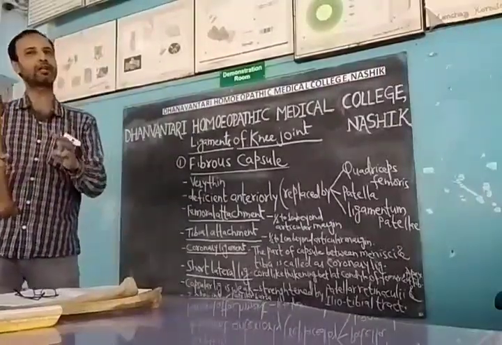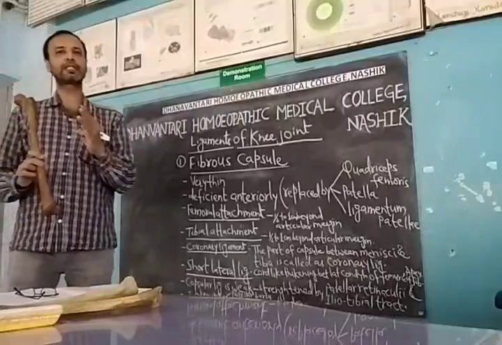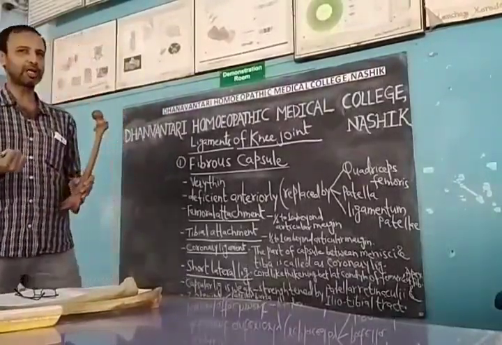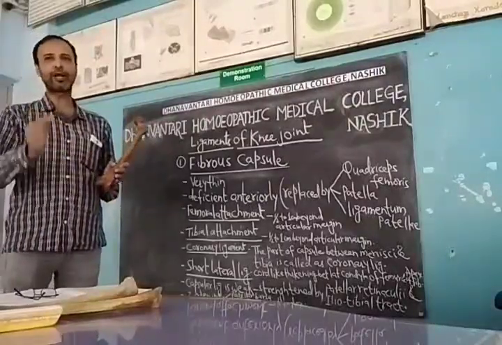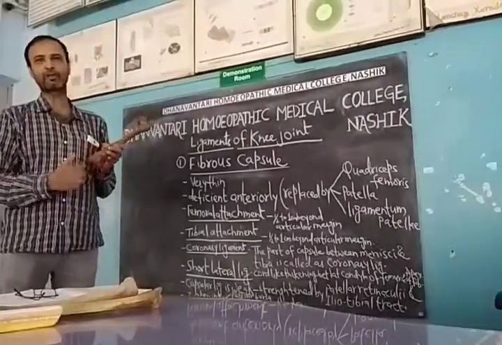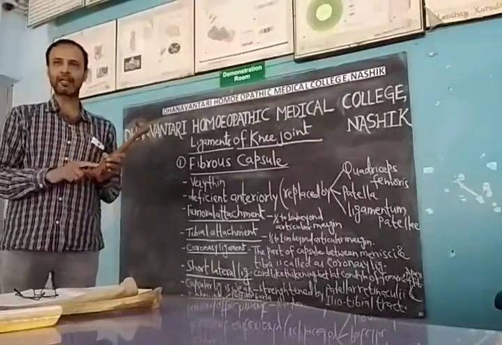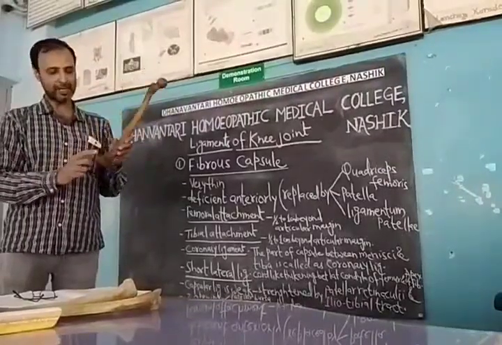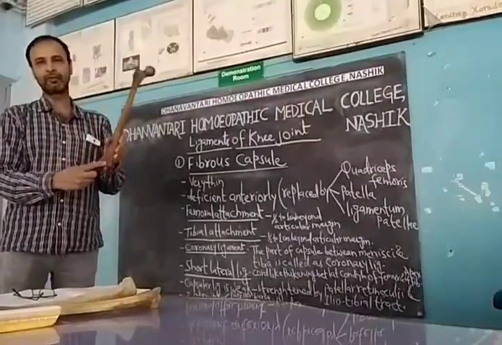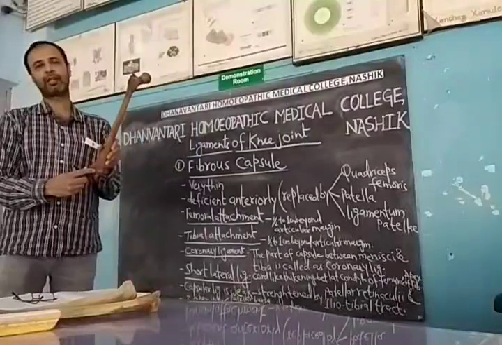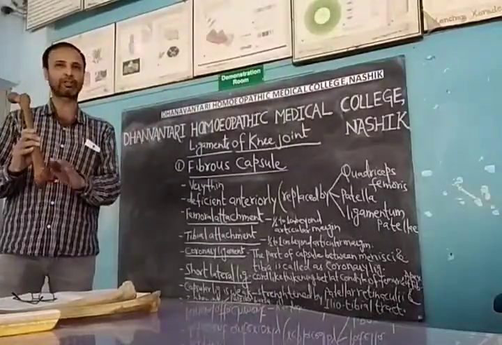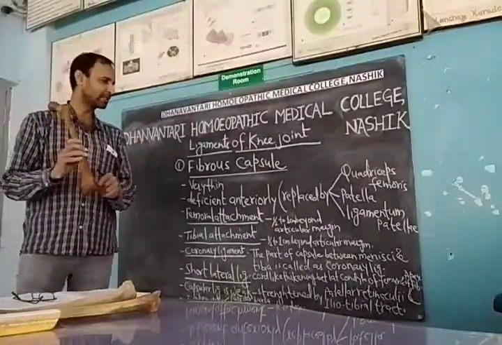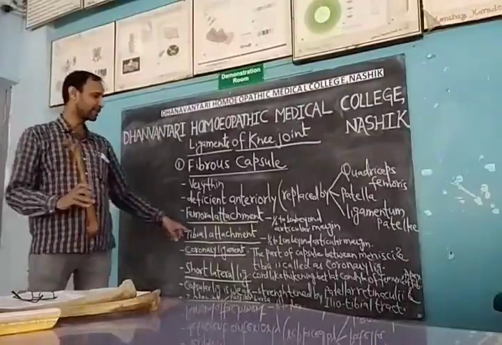muscle. So these are the three characteristics of the fibrous capsule's attachment on the femur. Again, the femoral attachment: it is half to 1 inch beyond the articular margin. Then three characteristics: anteriorly it is deficient in the femoral attachment, posteriorly it is attached to the intercondylar line, and laterally it is attached to the origin of the popliteus muscle, surrounding it. So this is about the femoral attachment. Now next we'll see the tibial attachment.